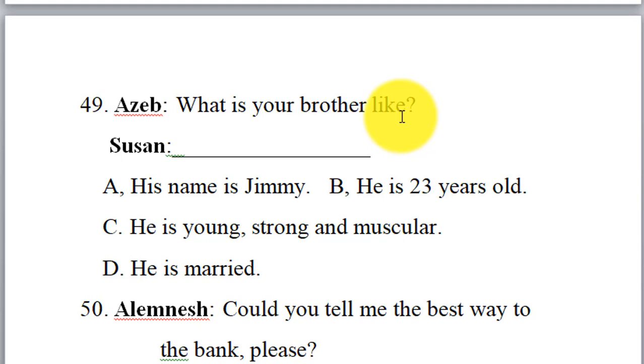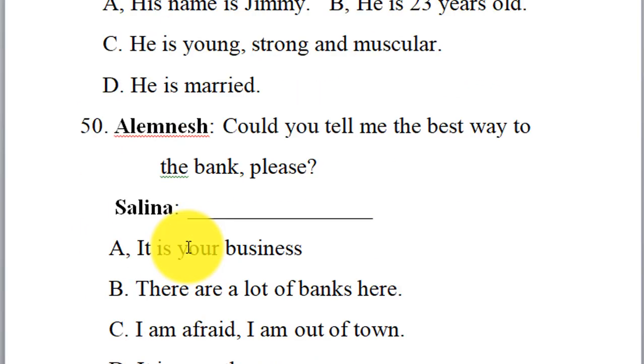የወንድሟን ገጽታ ነው የተፈለገው። What's your brother like ማለት he is strong, he is bold, he is young, muscular ብዬ ነው መመለስ የሚገባኝ። ዲ ላይ he is married, is your brother married, no he is not married, he is single; if he is married ብዬ መልሳለሁ። ስለዚህ ለነዚህ ጥያቄዎች መልሶችን እያዘጋጀሁ ይሄንን ጥያቄ የማይፈልጉ መሆናቸውን መለየት ይችላል። ስለዚህ ምንድነው መልሳችን ማለት ነው? ሲ ብለን እንመልሳለን: he is young, strong and muscular ብለን እንመልሳለን።